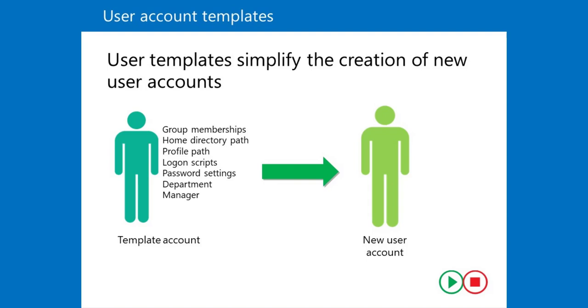When you copy an account, you must provide the following information for the new account: first name, last name, full name, user logon name, password. Attribute fields that are not copied from the template include office, phone numbers, street address, job title,